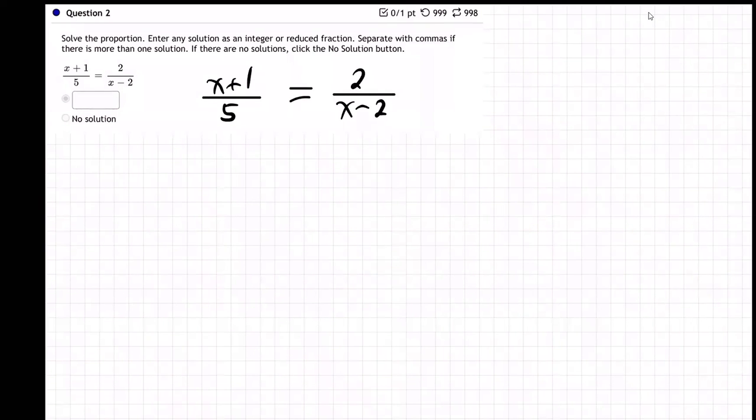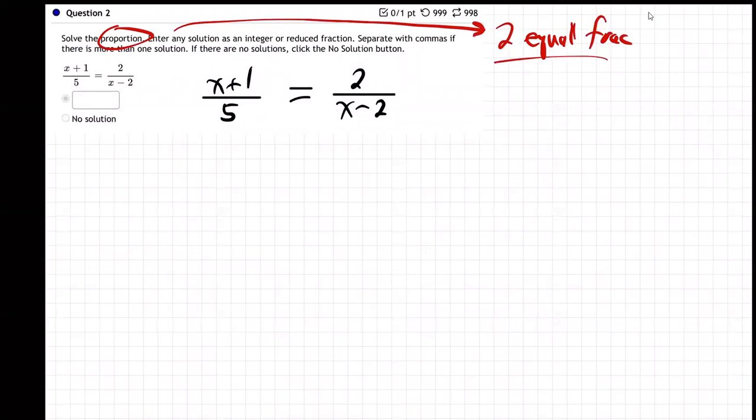Well, two equal fractions is called a proportion. This is called a proportion when you just have two equal fractions. What do you do in that situation? Well, step one is you cross multiply